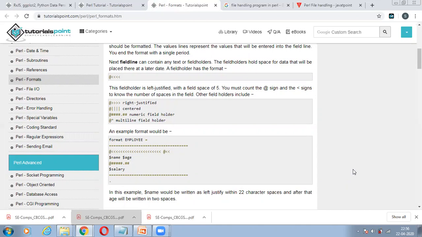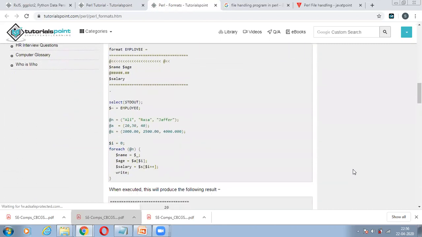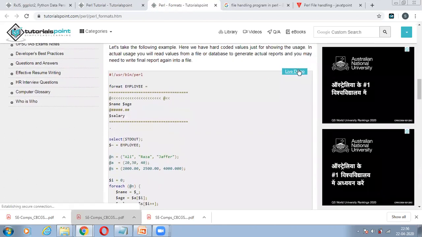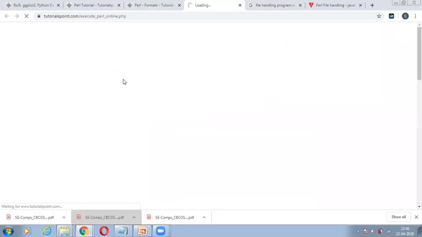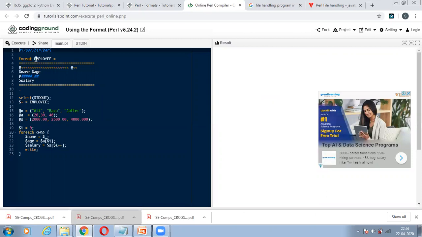But here, if you want to beautify your output of data or input, you have to do it manually, right? So instead of going through any of these details, I simply show you a demonstration of that, right? So basically in this program, what we are trying to do, try to understand. We want to format some information of an employee. So I want it in a proper format, that is, name should be at a particular place, age should be at a particular place, and it's followed by some salary. It should be at some particular place, right?